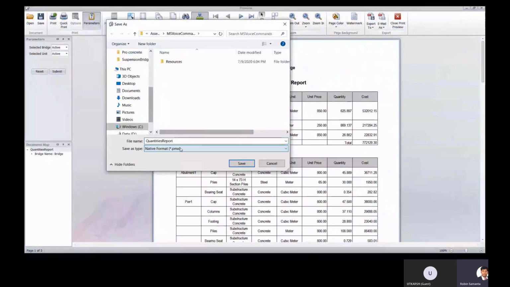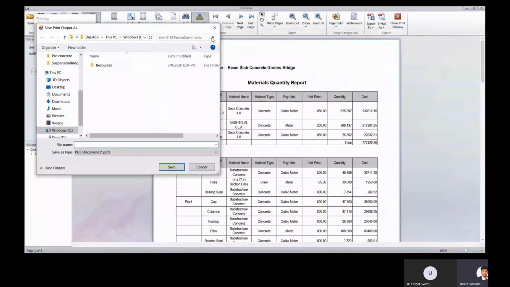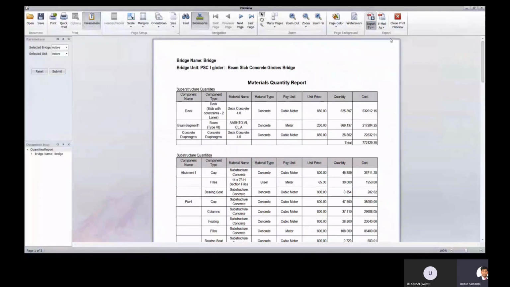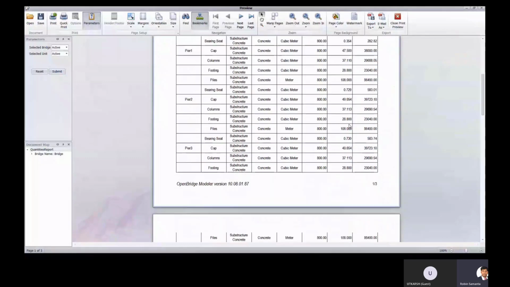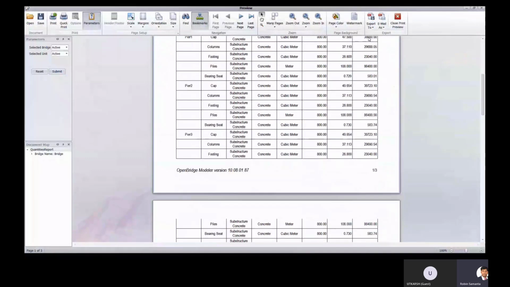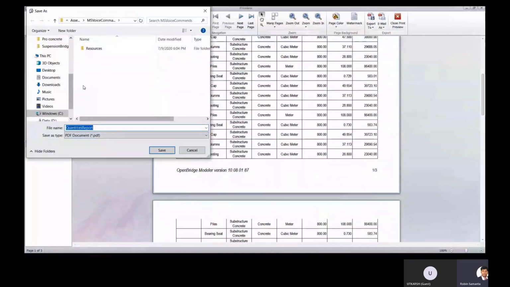So you can see that these are the formats where you can save, but there is another option that is export to PDF, right? So we will use that export to PDF option to save this report. Yes, so this PDF file, okay. So you give the desired page range. So this report is for 3 pages. So we'll give our page range 1 to 3, and then you save it to your folder. So that's what we are doing here. You can see that we are saving it to our folder, right?